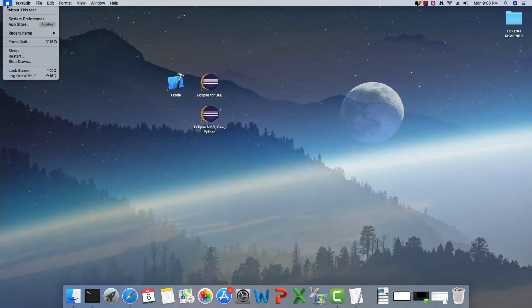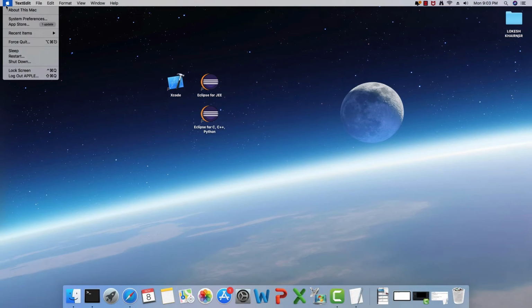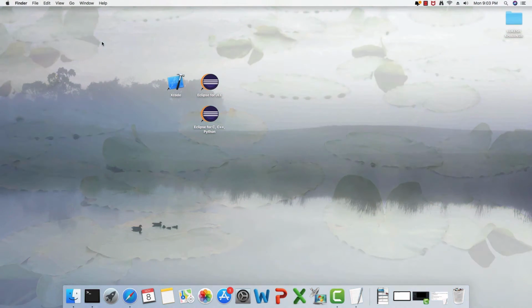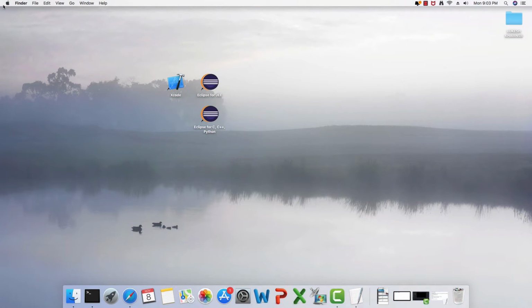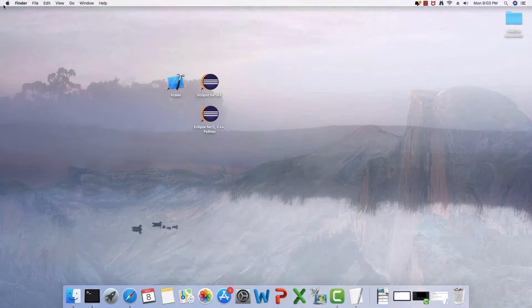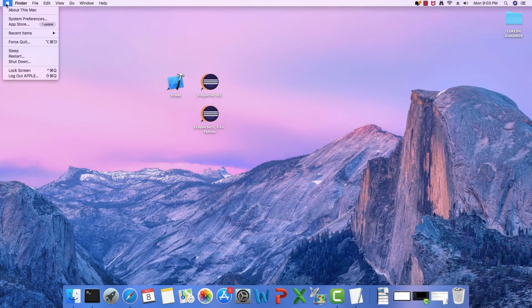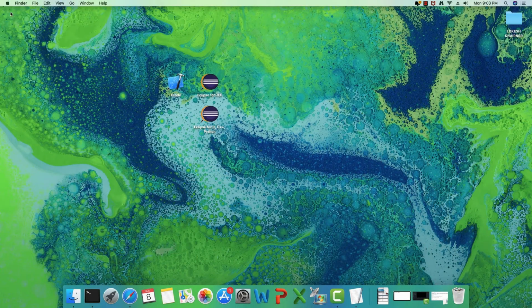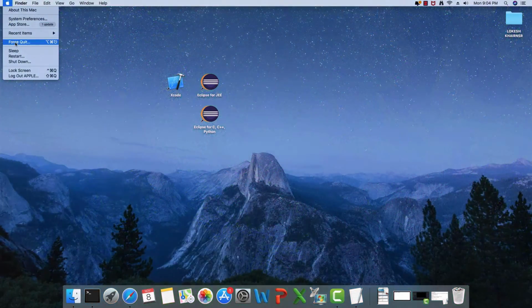Now this is the kind of Apple menu. Okay, so this is not analogous to Windows menu. If you are familiar with Windows or any one of the Linux desktops, then you will find that the Windows symbol or the Linux symbol will open a menu where you will have all of your programs listed. So macOS is not like that. So here you will find a few options. So let us go ahead and explore those options.